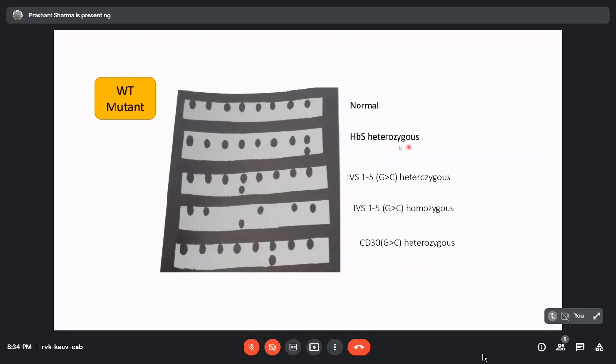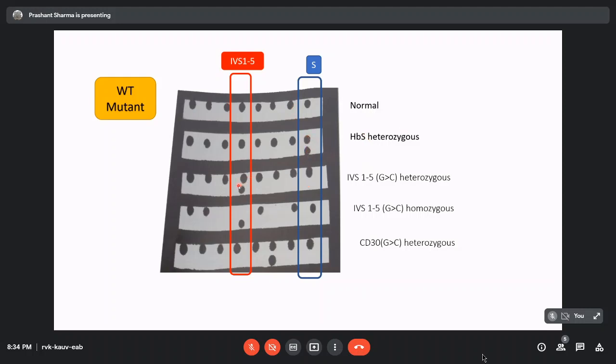This is actually a real life example, and in each of these strips, the row on the top are the wild type sequence probes, and the one on the bottom is the mutant probes. So this first sample is normal for all of these mutations that were tested. Because we designed this strip ourselves, we know that here we had put the biotinylated probe for the sickle hemoglobin in this particular row. We mass produced these strips in advance, before the patient came. So this patient amplified with both wild type and mutant sickle, so S trait.